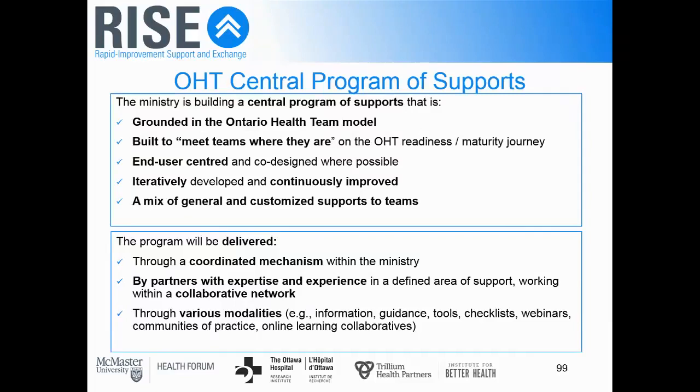So welcome to everybody. Before I jump into this slide and give you a brief overview of the central program of supports that the ministry is building to help teams, wherever you are on your readiness path, I just wanted to recognize the tremendous expertise here that we have in John, Rob, Jeremy, who is not here today, and the rest of the RISE team in creating RISE as an anchor resource in the supports program and a dedicated one for Ontario Health Teams. We encourage everybody to come to RISE often to seek the supports that you may need,